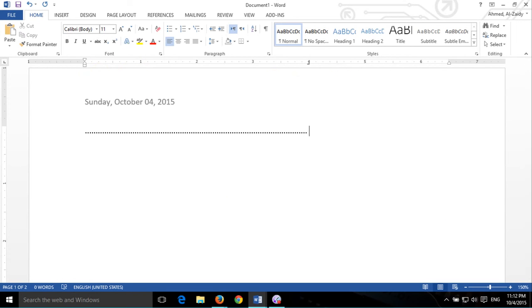It's 1 inch from each side. Now we add the tabs. We work with tabs. Sometimes whenever you are working with something, especially when you are doing your academic paper,